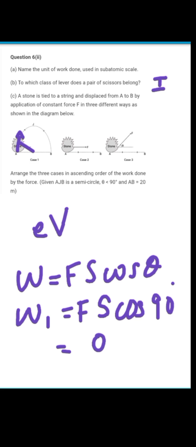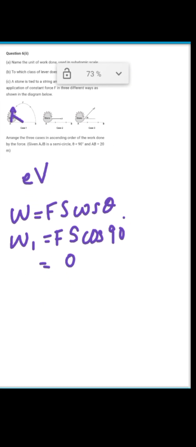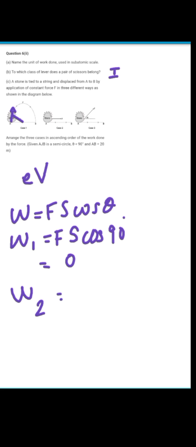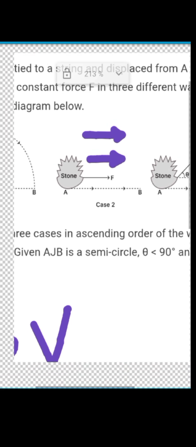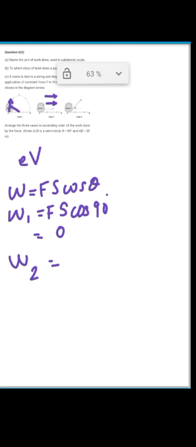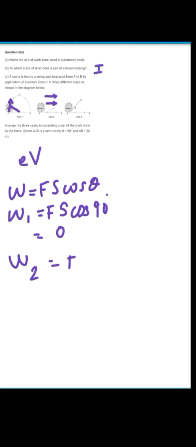Hope you have understood. Now in the next part, in work 2, as you can see, the direction of force is this and the direction of displacement is also the same. So what is the angle between the force and the displacement? 0 degree. So Fs cos 0 degree, that is Fs. This is work number 2. Now if we consider work number 3,